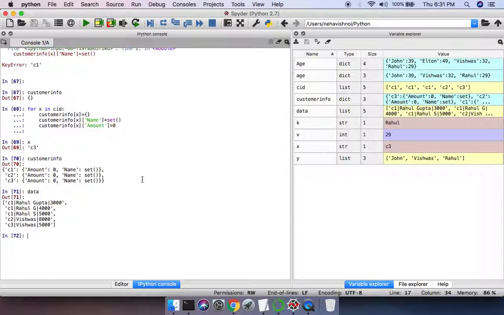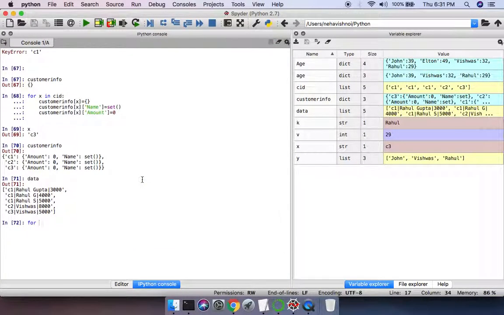Let's say what our data is. So I am going to say for item in data, as we already saw, I can just say item equal to item dot split, and now it creates a dictionary. So item 0 is the key right now, and customer info is our dictionary where the key is item 0, which is the CID, and